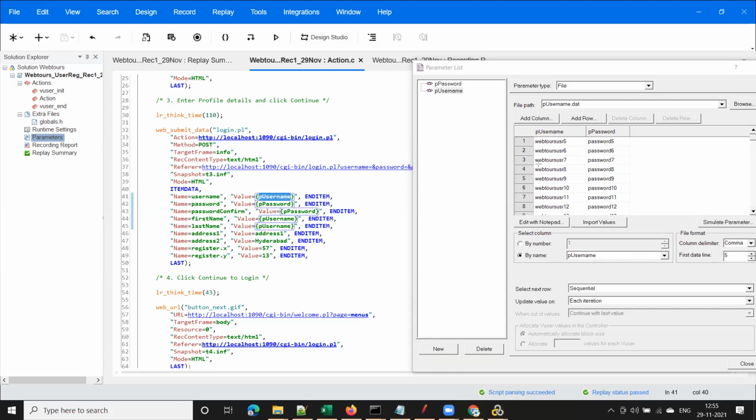But if you want to run the script for multiple iterations, we can put all the user IDs into a file. And when we replay the script, as soon as LoadRunner sees this parameter P username, it will go to the file, and since the first data line is 5, it will go to that line and pick this value from the P username column. Understood? Clear, guys?